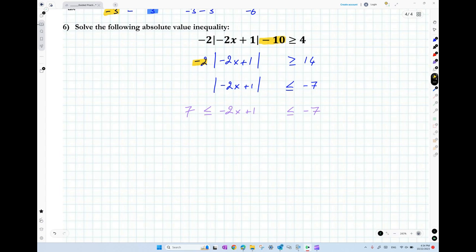Now here you end up having a contradiction though, right? If you read that correctly, you will end up having 7 less than negative 7, which is incorrect. That does not make sense. And if you finish to isolate the